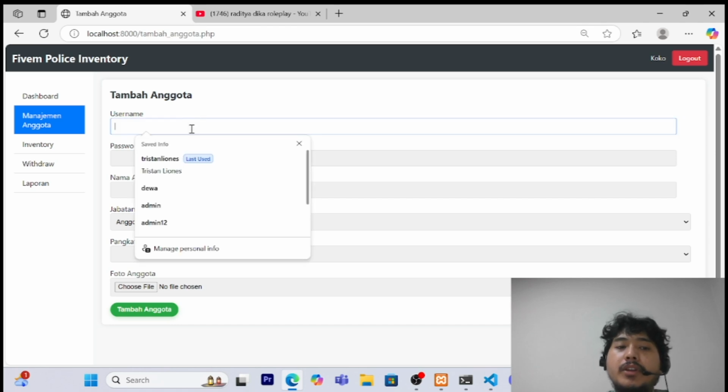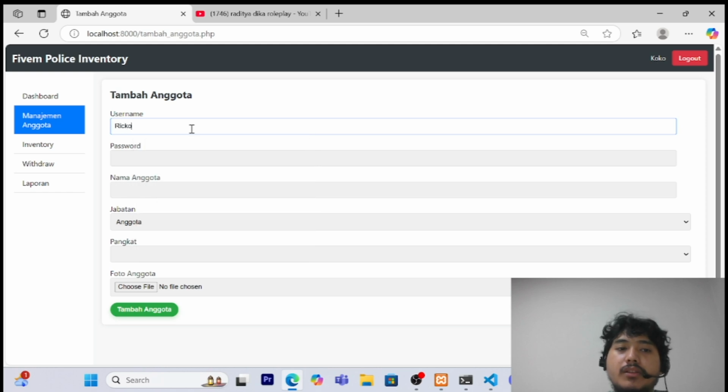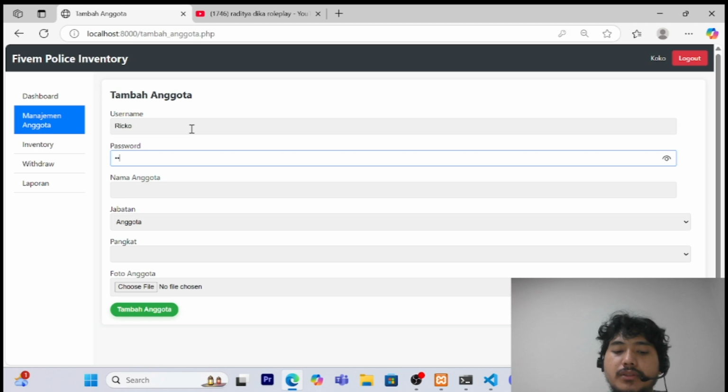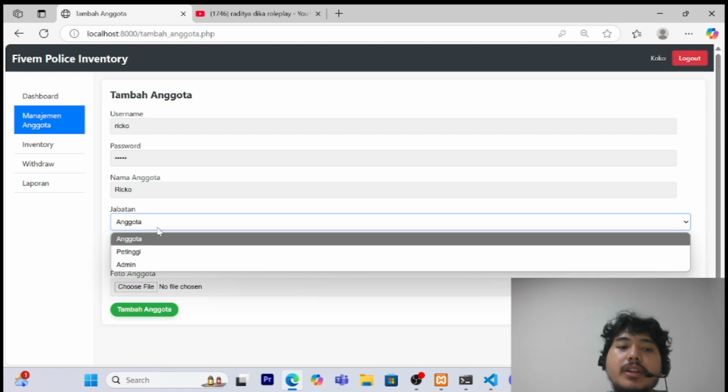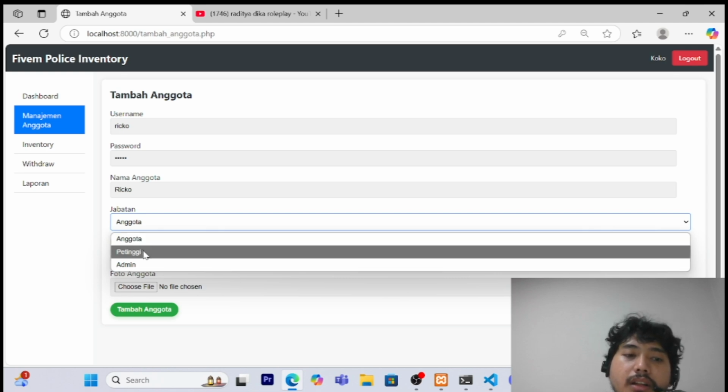So if we want to add a new member, we must fill in the username. I will show you, maybe Rico. And then we have to fill in the password. Okay, like this. And then we choose this jabatan, or their roles in the game.